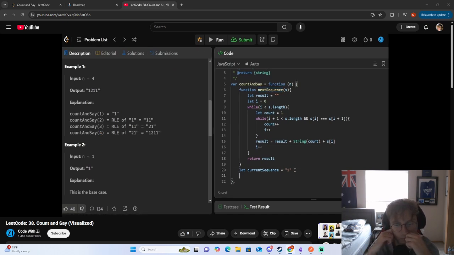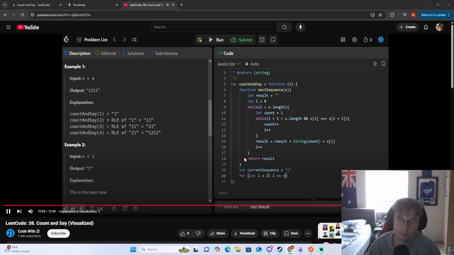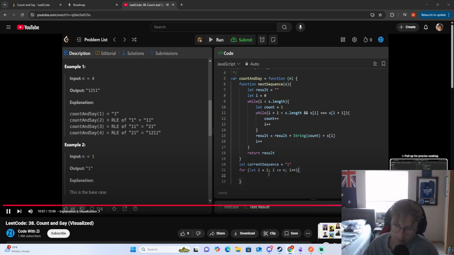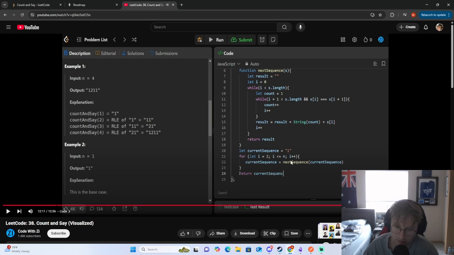We're gonna actually define a for loop. We're gonna say for let i being equal to 2, because we already have the answer for the first one. As you can see, we have it here. So for let i being equal to 2, we want to keep on looping as long as i is smaller than or equal to n, because we want to keep on calculating it until we reach the number n, and we want to keep on incrementing i on each round. Here we're gonna be like, let's call our function because it's gonna be filled with the